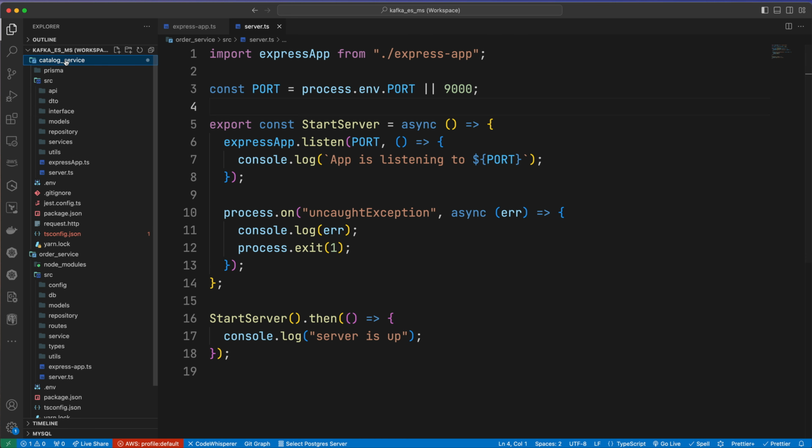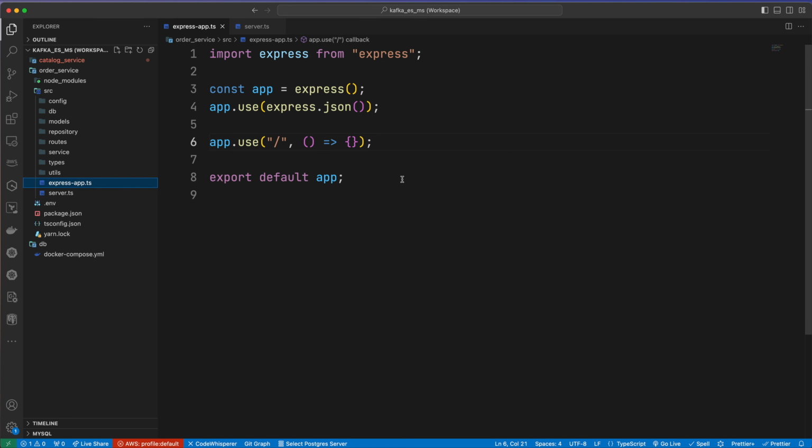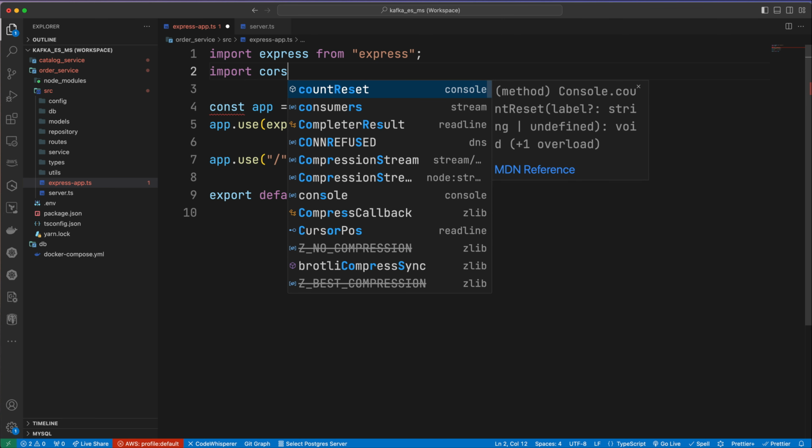So now I'm going to close this catalog service, so at least we can have enough room right here to write the code, right? Cool. Now what we're going to do, because the server is perfectly fine, we can spin the server, but we need to add some code right here in the Express app, right? That's where we are going to hook up our routes and our repository, service, types, etc. Right? Perfect. So here in the Express app, let's add a couple more lines of code. First of all, let's implement CORS, because that is going to be needed for us. Import cors from